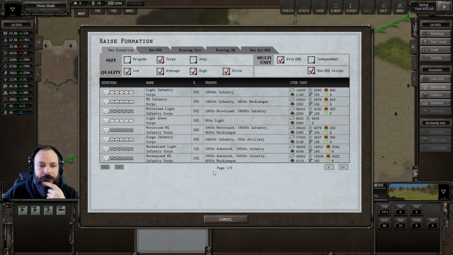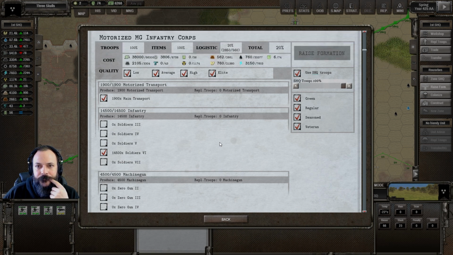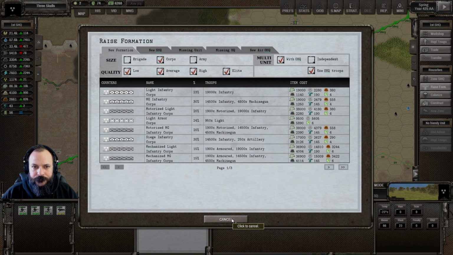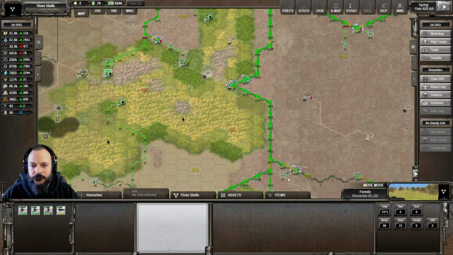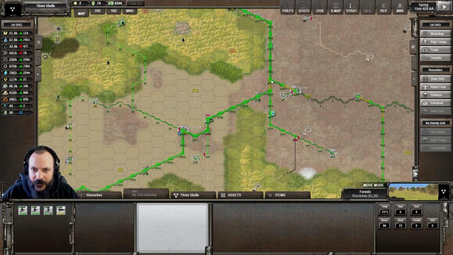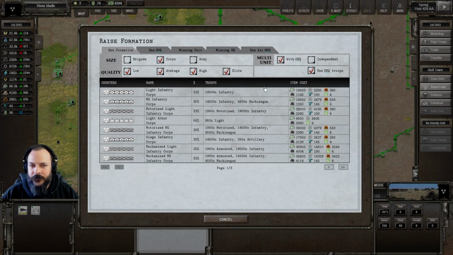So what would we want? We'd want something like a motorized machine gun infantry. And if we set them so they're not battle dress. That's the logistics, that's the issue. There must be a bottleneck. Ah, yeah, it looks like there might be a bottleneck. Let's see if I could actually raise those in the...